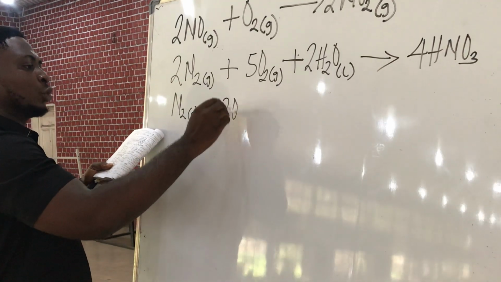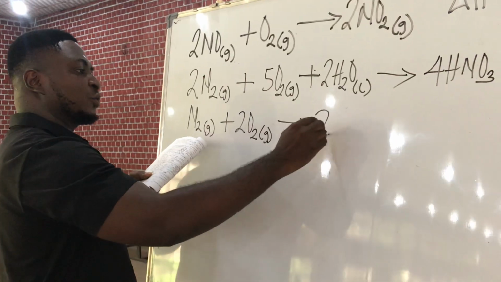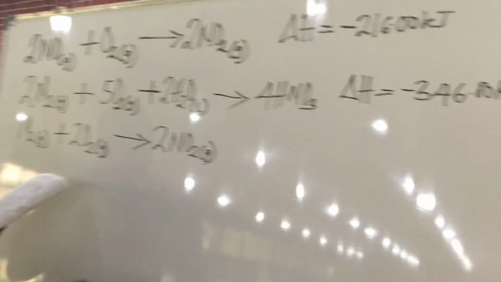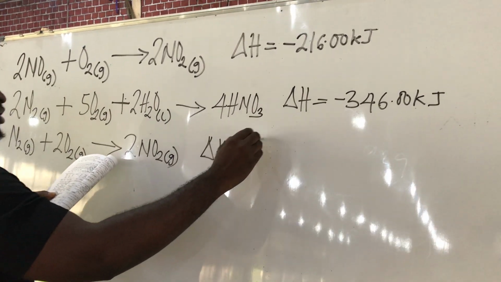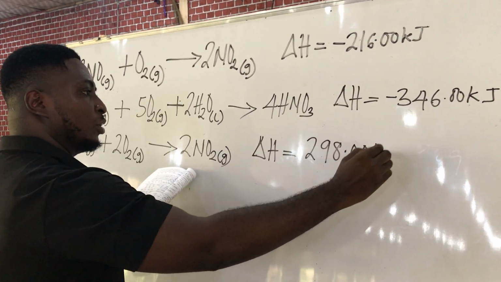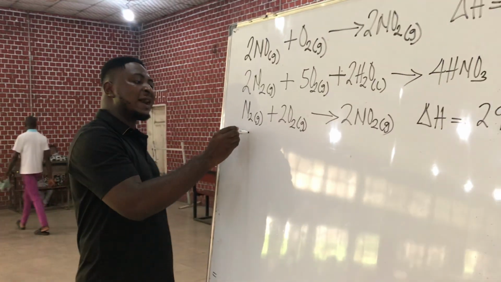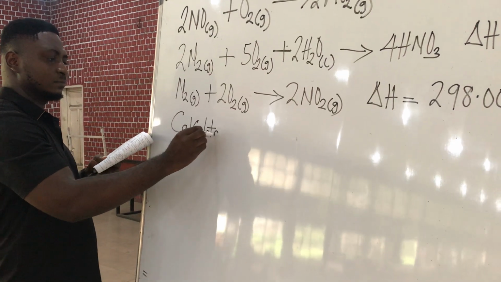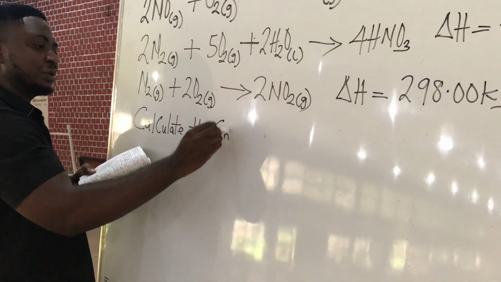We also have N2 plus 2O2 to give 2NO2. Enthalpy change is 298.00 kilojoules. Class, we are now asked to calculate the enthalpy change